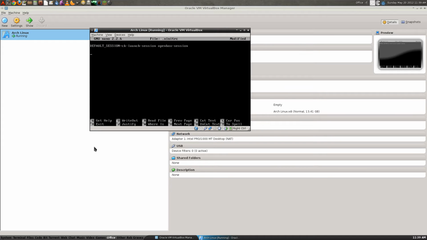Hit enter, and then we're going to go down. We're going to go case $1 in openbox) enter. We're going to tab over. We're going to go exec ck-launch-session openbox-session semicolon, semicolon. And over here we're going to do xfce4